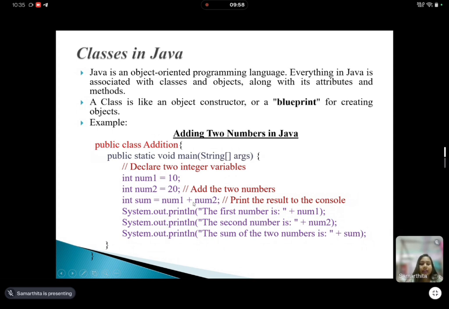Very simple program: int sum equals number1 plus number2, then print the result to the console.